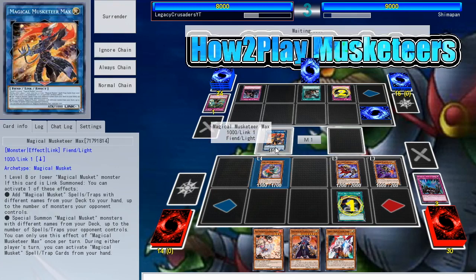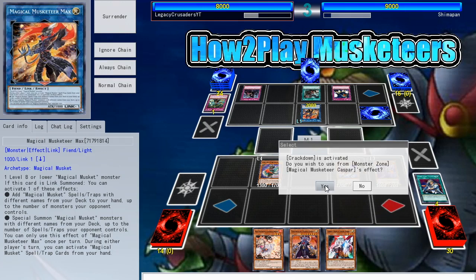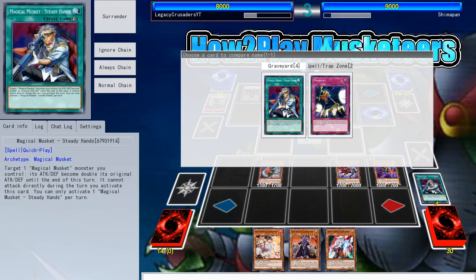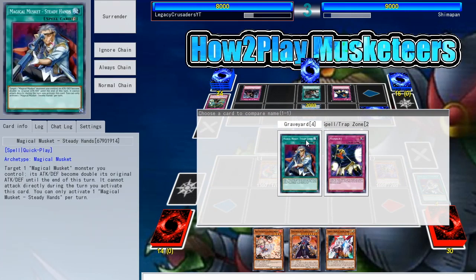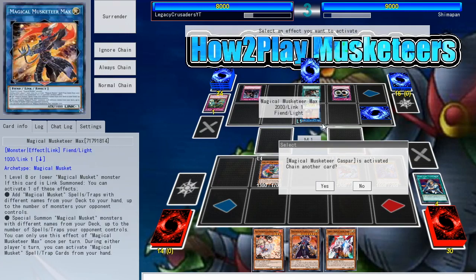Manhunt. Taking Max? I mean, that doesn't do much, right? Alright. So, Caspar, what the hell is this? Your graveyard popped up for some reason. Yeah, that's weird. It says choose a card to compare. I don't know what that is. Oh, which one we're responding to, I guess. Oh, I don't know. I just clicked on the...